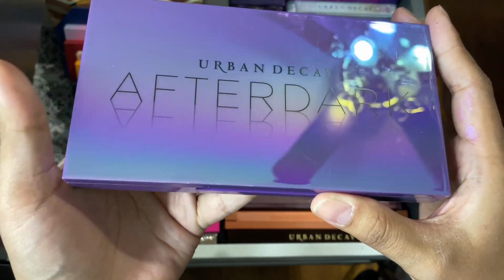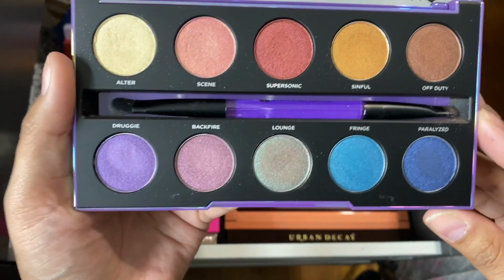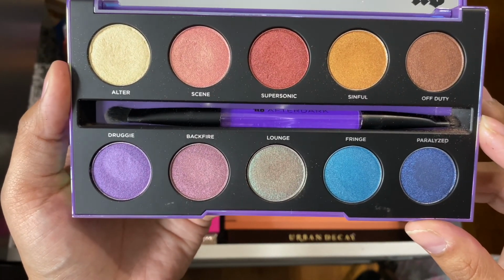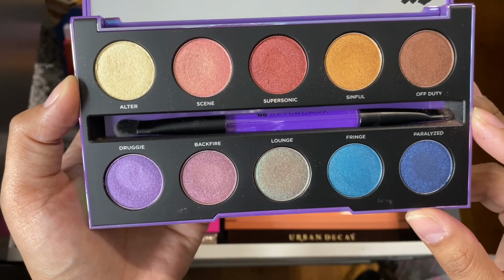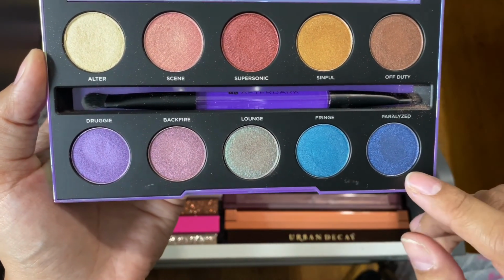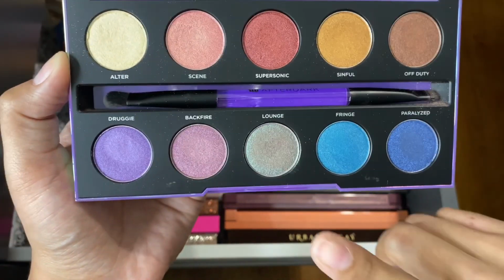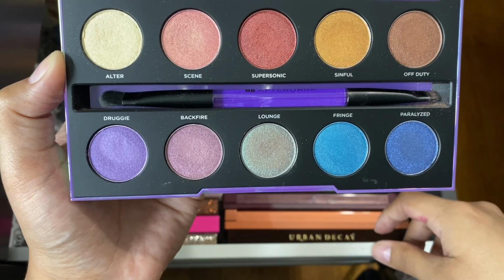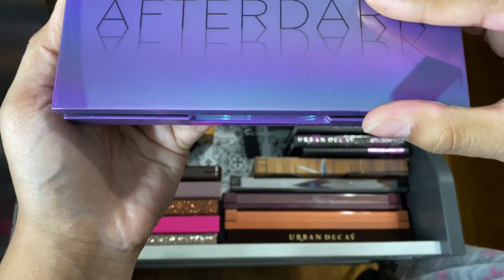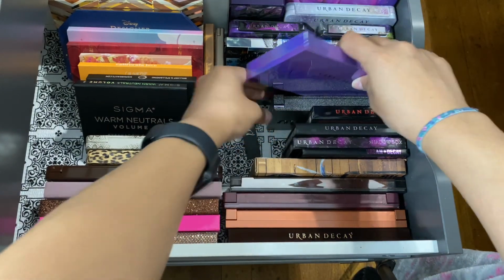This is the After Dark palette, and this was like a newer formula for them, and I just had to have it. It is a really pretty color scheme, and I use it from time to time when I'm looking for blues or purples, something like that. And it does have my favorite shade, which is Lounge, as you guys know. So a pretty palette. Again, I don't know if they make these anymore. A lot of these were limited edition,